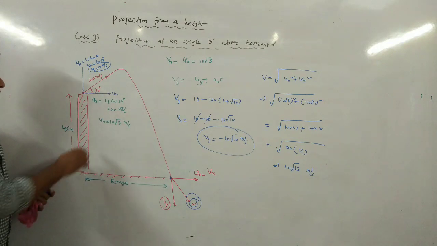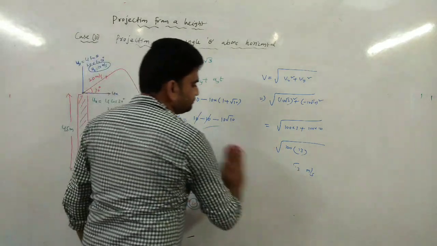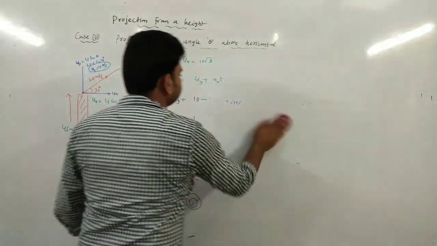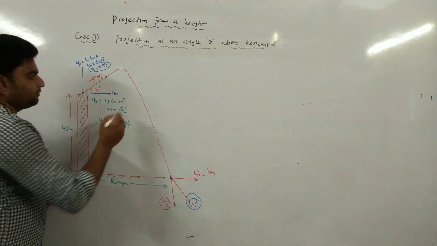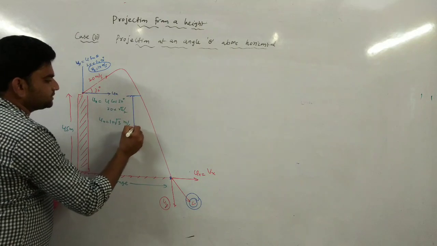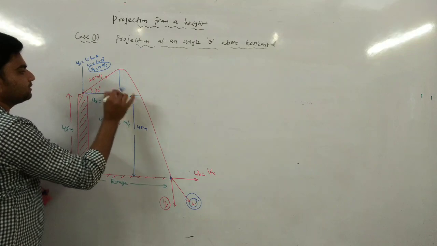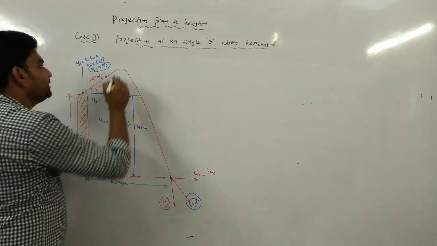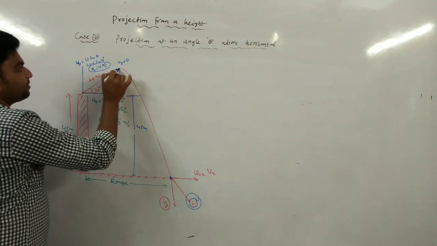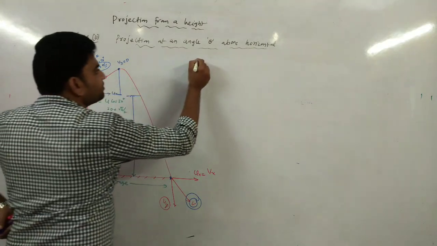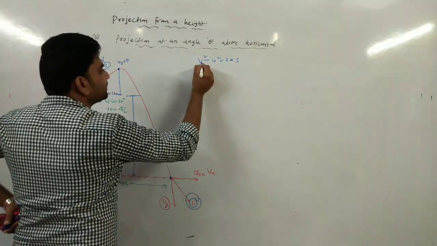And also I want to calculate the maximum height from the ground. We will see that now. So to calculate the maximum height, we know the height from up to here. This is 45 meters, right? We are supposed to calculate this height. So we don't know that height. To calculate that height, we know that at this particular point my vy value is 0. At the maximum height, the final velocity is 0. I am using this equation, v square minus u square equals 2as in the vertical direction.